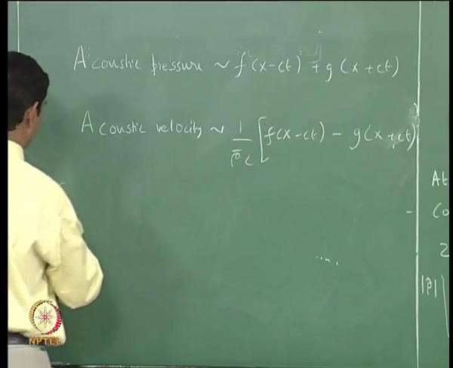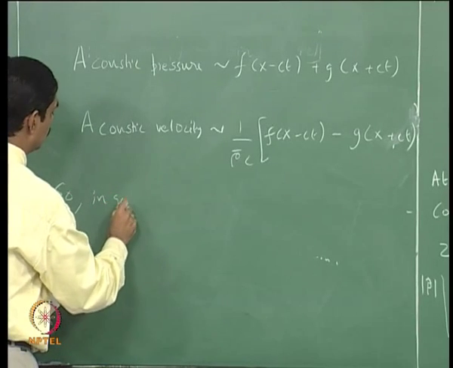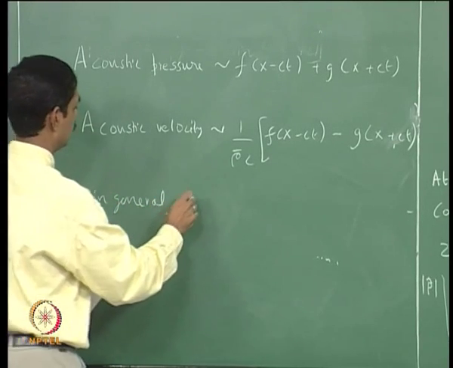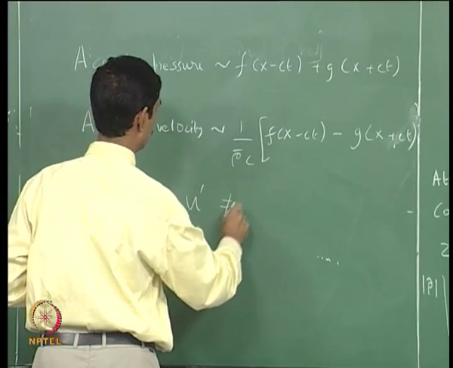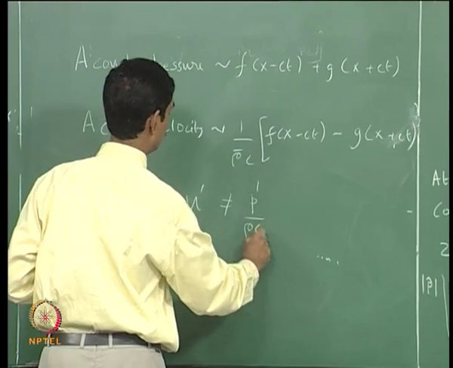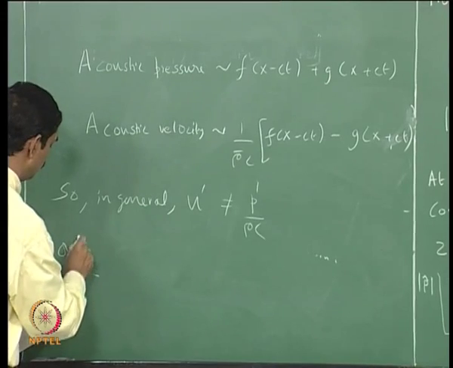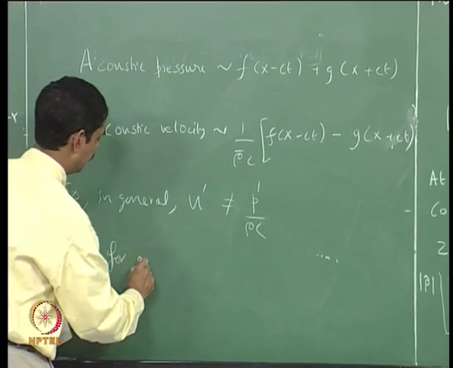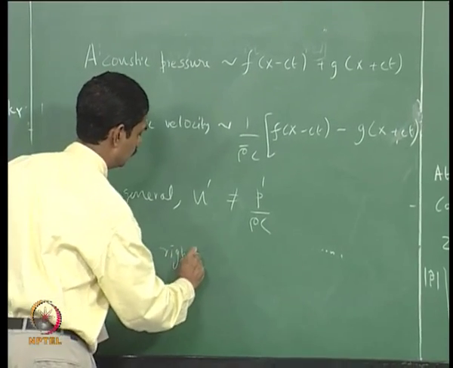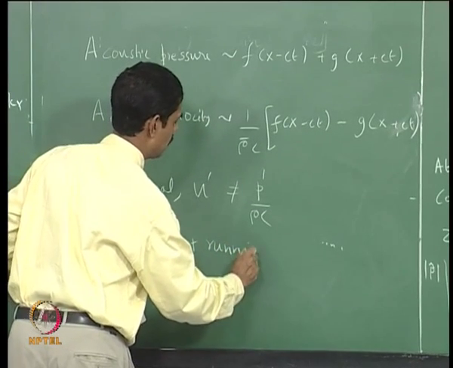So in general, u prime is not equal to p prime over rho c; only for a right running wave,